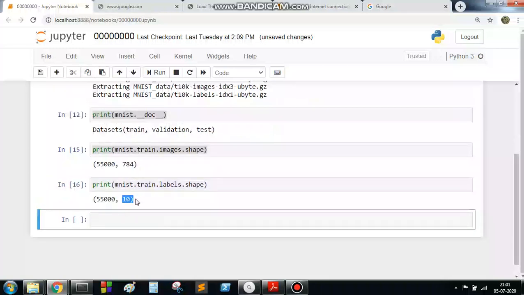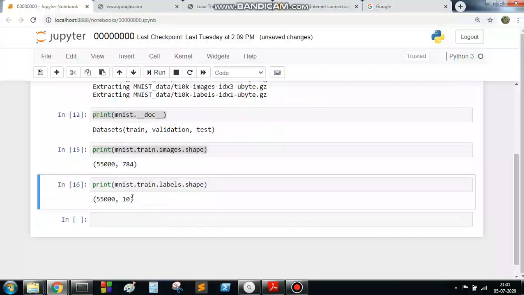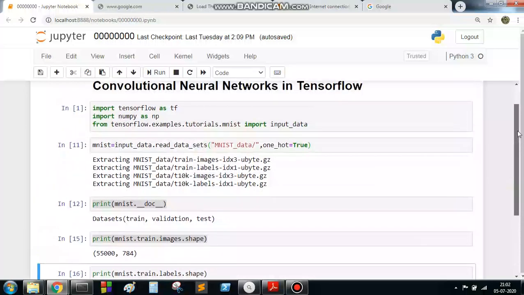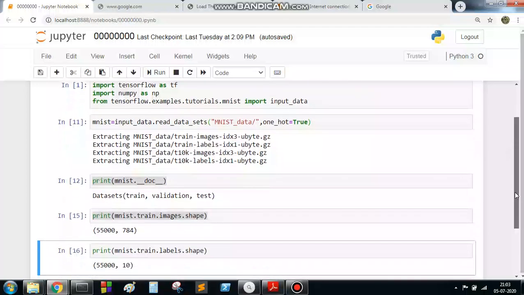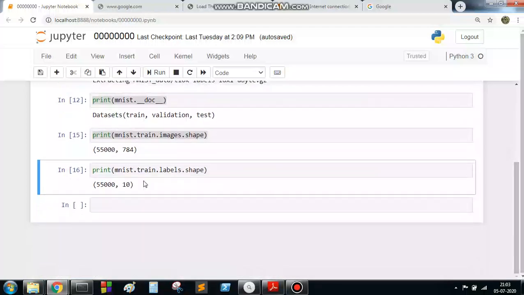Now you can see there are total 10 different labels, and the total number of data is 55,000. This is 10 because we have already one-hot encoded, because the labels are from 0 to 9, so total 10 values. If we one-hot encode them, the target value becomes of size 10, and total input shape is 55,000.